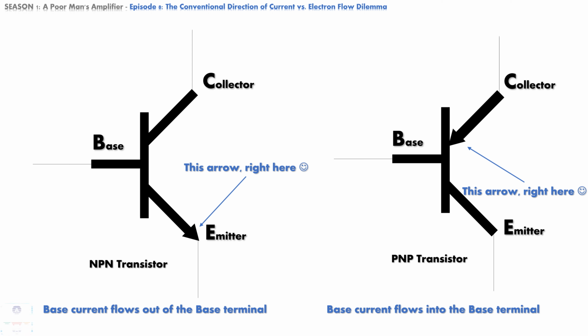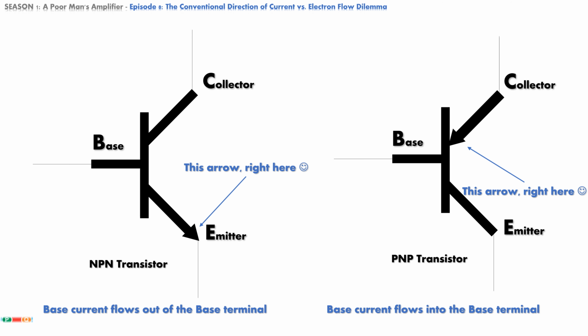We know that this is called the engineering direction of flow of current in electric circuits. More precisely, the arrow points the direction of current from the base terminal. It is said that current flows from the base terminal. On the right-hand side we have a PNP transistor, an arrow pointing down left tells us that this is a